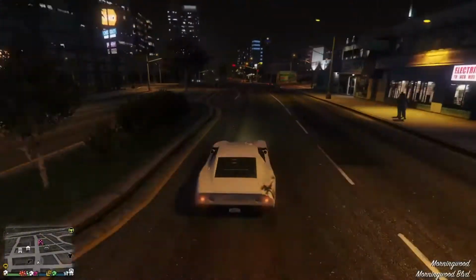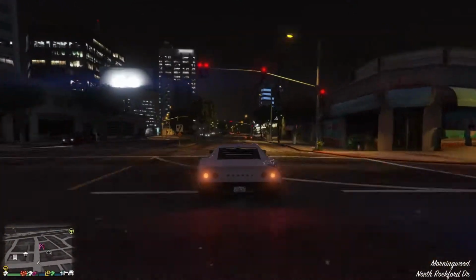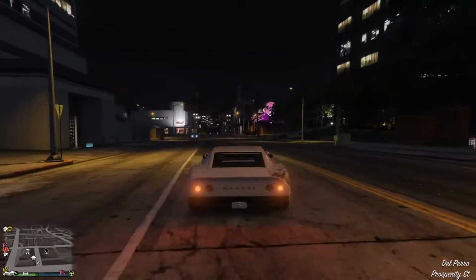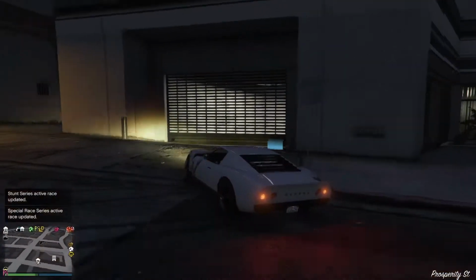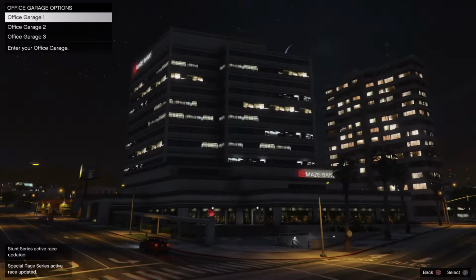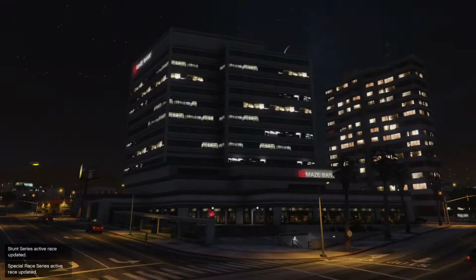As you can see, it does go at some speed. I mean, it is very fun to drive. Once one gets used to the handling, it can be good fun, but one does have to expect it to slide all over the place. Like I say, no standard lap, regrettably, and we're going to put it into the Maze Bank offices now,